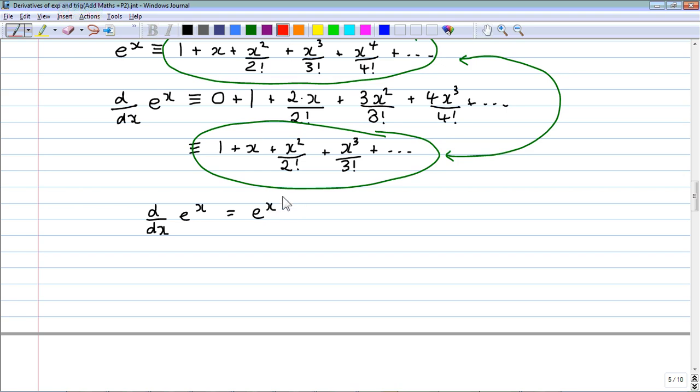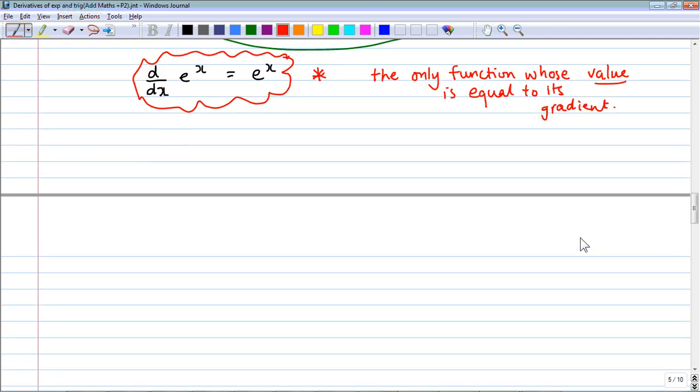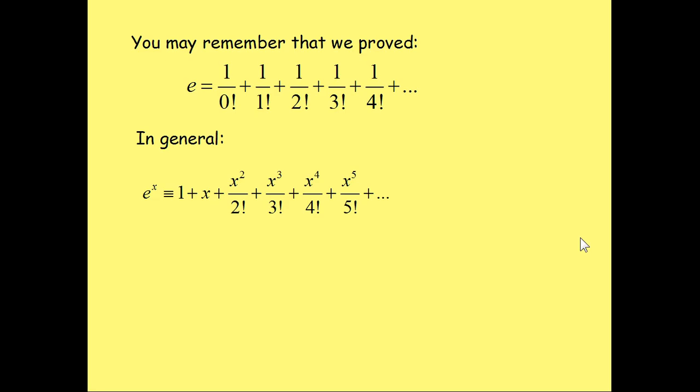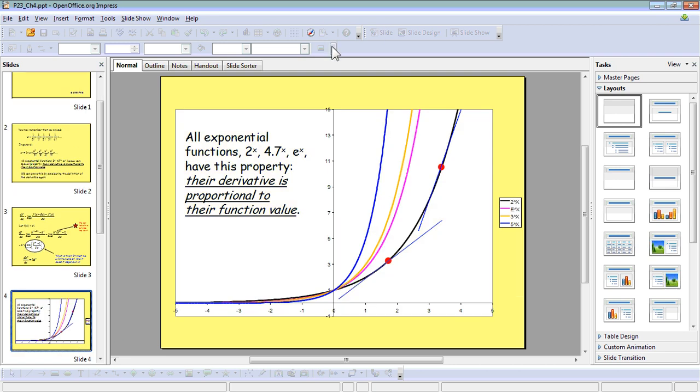And this astonishing result is also a unique result, by which I mean that this is the only function whose value, the function value, is equal to its gradient. So think for a minute about what that means. Remember what gradient means. It means that if I look at a graph like the one shown here,